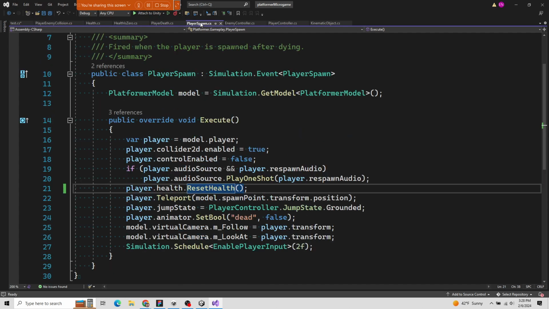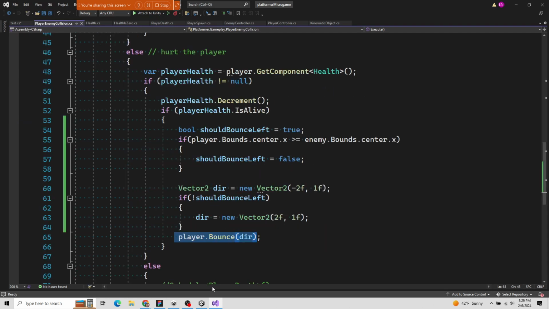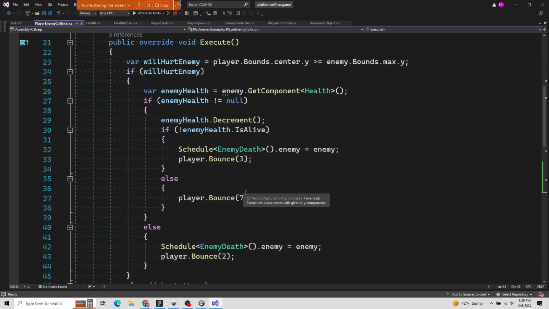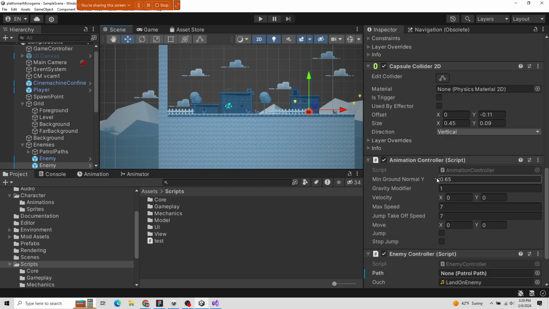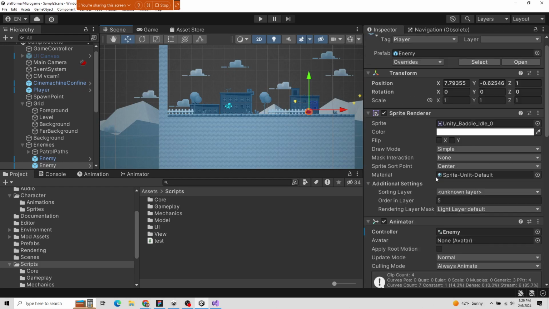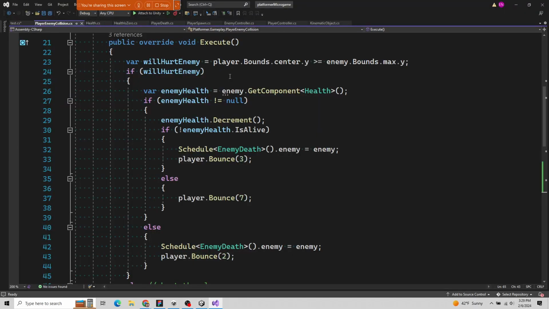And I ended up going all the way to this last event and saying, hey, when we do respawn the enemy, reset its health, don't just add one to it. Cool, so we can look at the enemy now. So I believe the enemy doesn't have a health script on it. Yeah, no health script. So when we do figure out who are we hurting, the player or the enemy, if we're going to hurt the enemy,